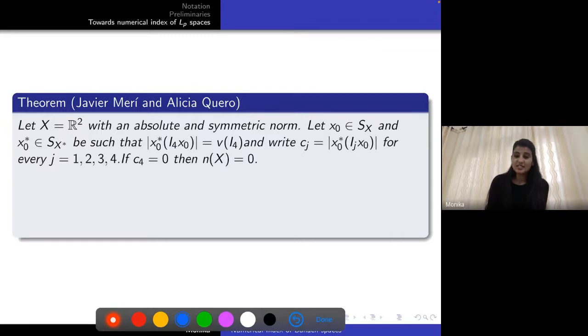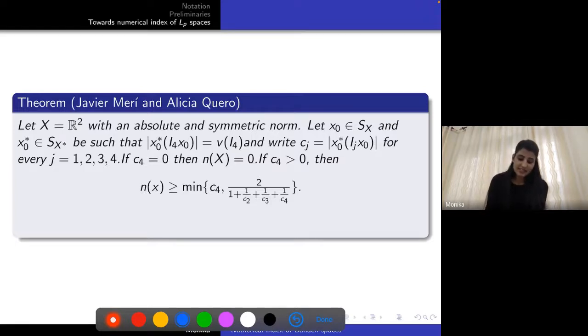If C4 is not 0, if C4 is positive, in that case we will get a lower bound of the numerical index, and the lower bound will be given by the minimum of C4 and 2 over 1 plus 1 over C2 plus 1 over C3 plus 1 over C4. More to that,